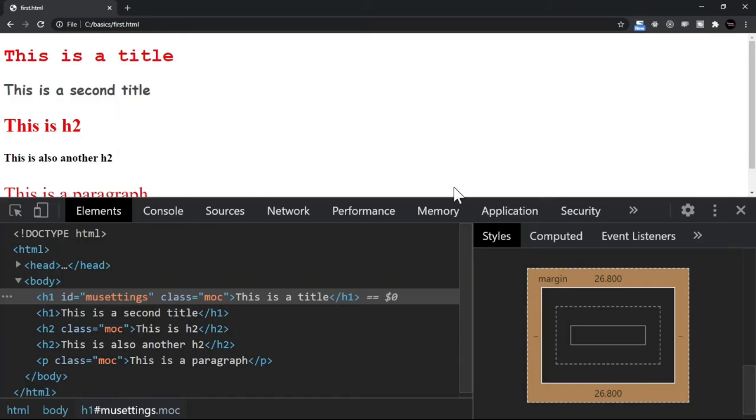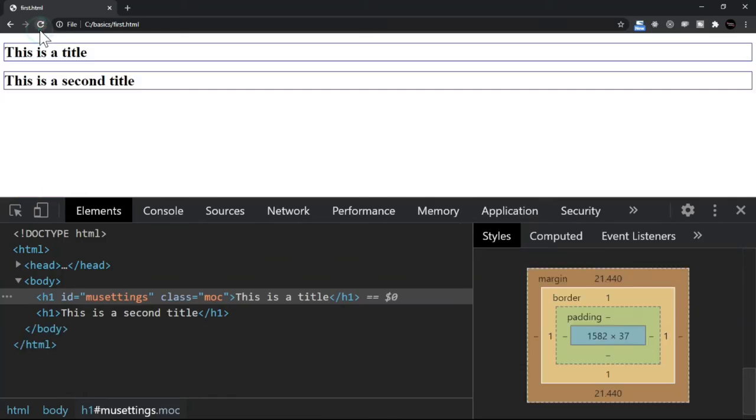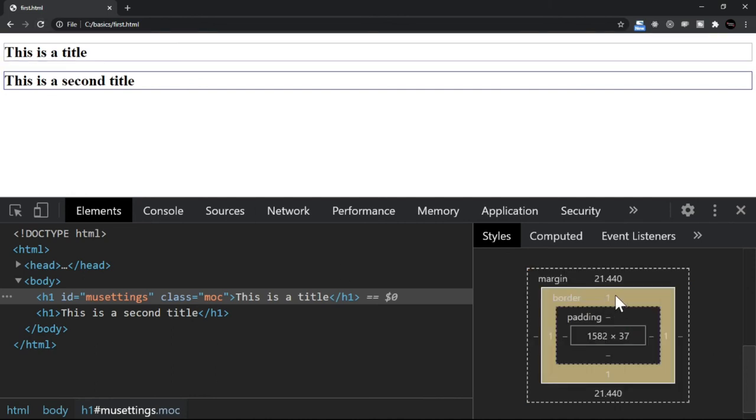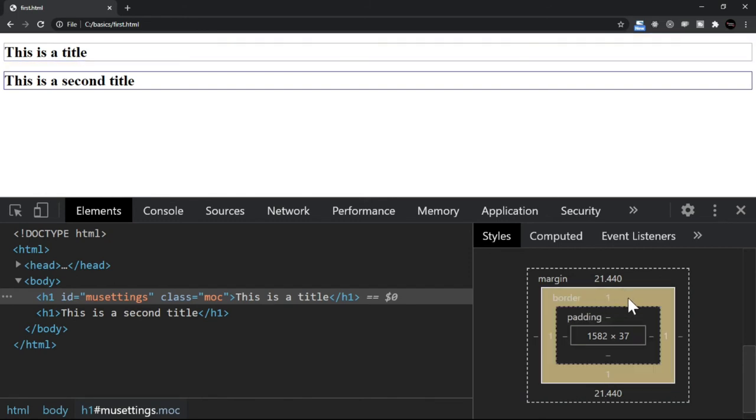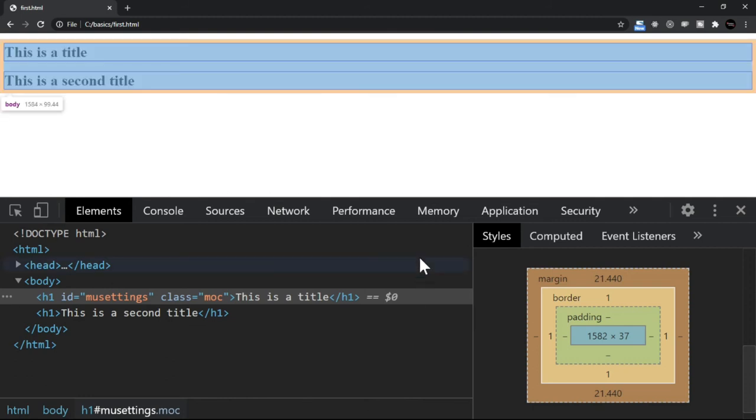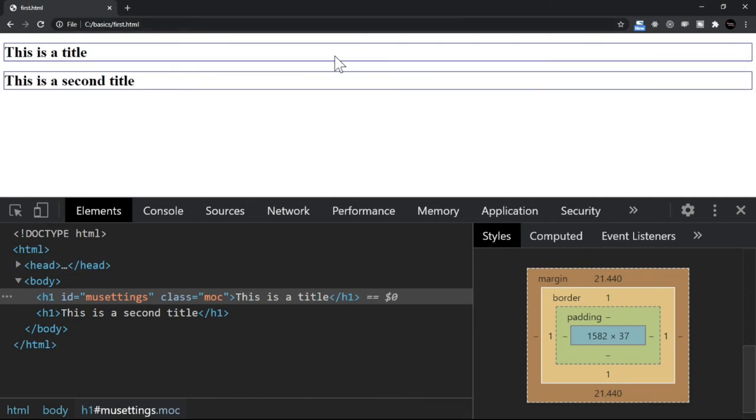Let's go to the output and we just refresh the page. You see this now? Do you also observe this? Border, it says all 4 sides, it is 1. Remember, you can choose border top, left, or whichever side you want to, but generally border is something which we try to give all sides equal, right? Generally that's the case, but you may have a different situation in your project.